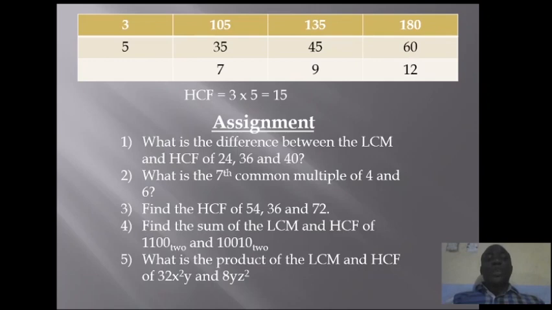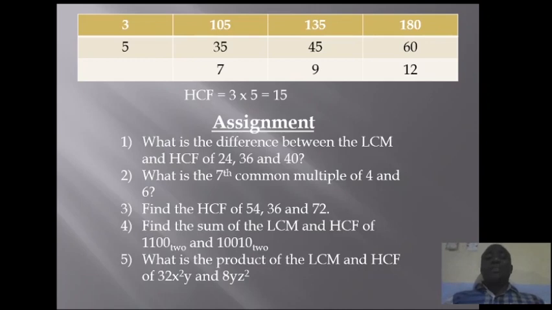So 3 into 10 gives 3 remainder 1. You take the 1 to 5, it becomes 15. 3 into 15 gives 5, which is 35. Then the same 3 into 135 gives 45. The same 3 into 180 gives 60. Now we check if 3 can divide through. 3 can divide 45, 3 can divide 60, but 3 cannot divide 35. Why? Because if you sum the digits of 35, you have 8, and 8 is not a multiple of 3.